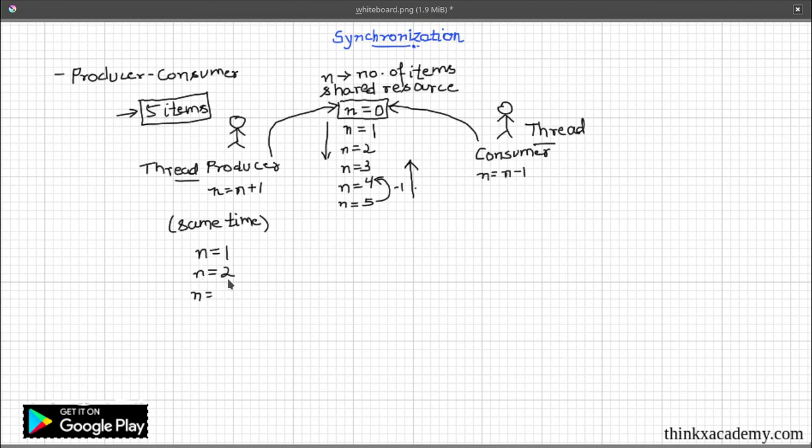So n will get equal to 1, and then again let's say the consumer will decrement it by 1, and let's say now the producer has started producing this item by incrementing the values, and this will go on and so on. So what the programmer initially wanted is that the production line or the thread producer completes